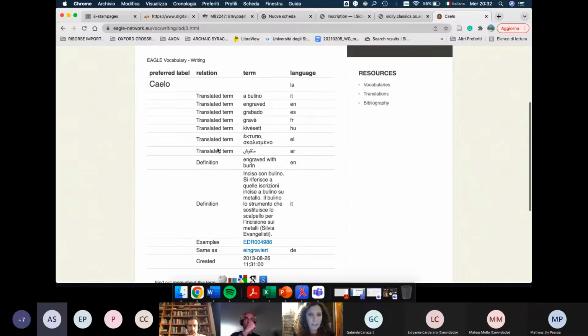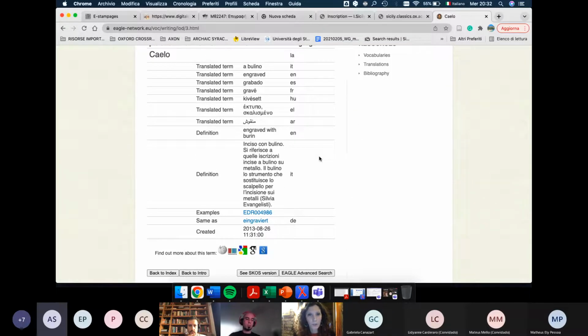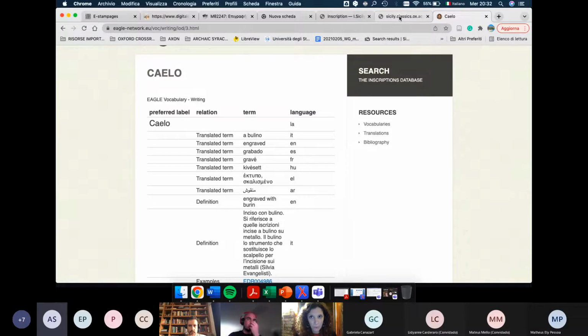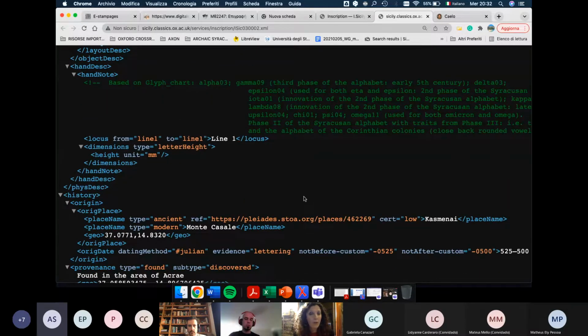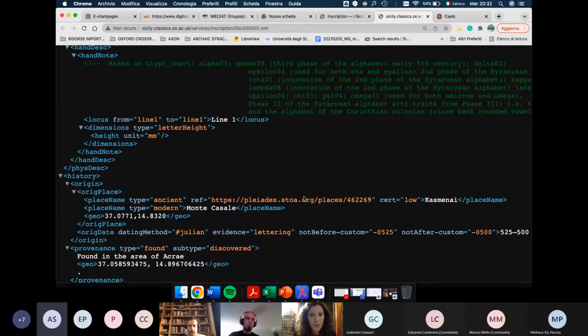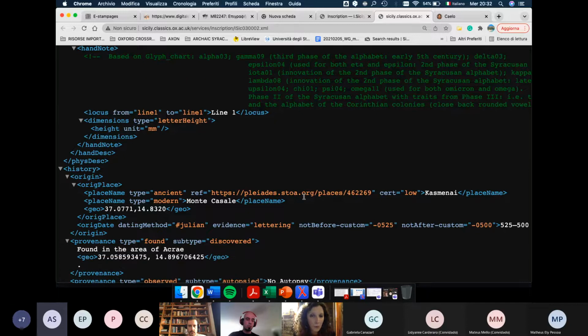And then again here, description, translation, examples. So everything is linked and well defined, so that everyone can collaborate and contribute, but with a very good system behind it, in which it's kind of impossible to